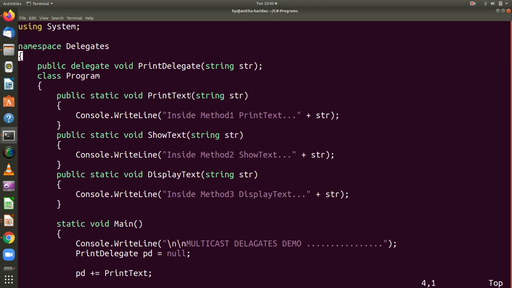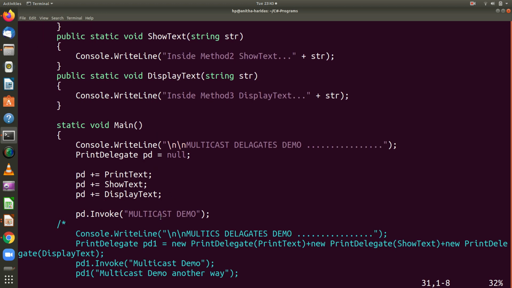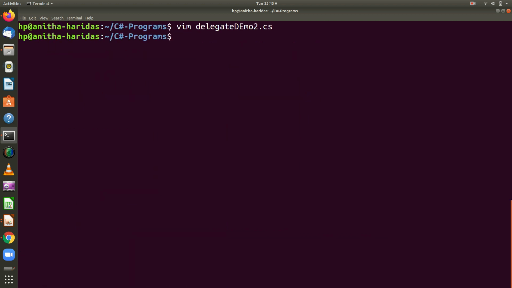Let us see what is there in the print text method. When it invokes the print text method, it will say inside method 1, which is print text, and that string will be passed here. Again, in show text, you have inside method 2 show text, and the string will be passed here. So 3 times it will be printing multicast demo. Let us see the execution now.